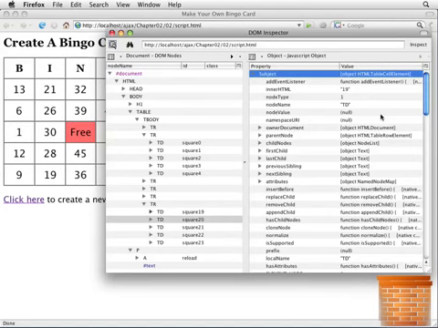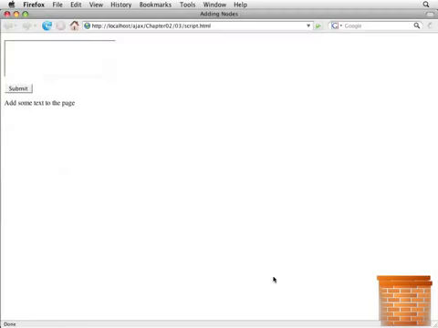Now that we know something about the DOM, we're going to see how to use JavaScript to examine and manipulate the DOM. In this lesson, we're going to see not just how JavaScript can manipulate the DOM, but how you can use Firefox and the DOM inspector to see what's going on behind the scenes. If you're following along with the examples, this is localhost AJAX chapter